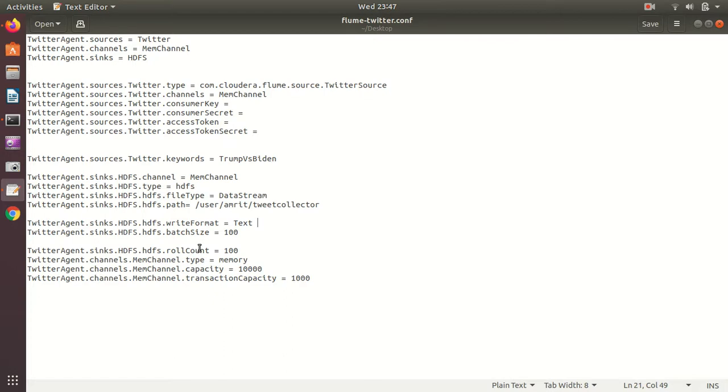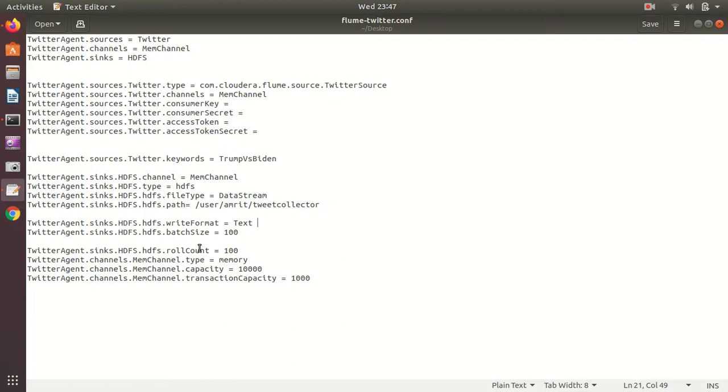Then we have the roll count parameter. Guys, what is roll count? Roll count means how many events should be written to one file. The rate at which data will be coming from Twitter will be quite high. As we all know, one of the properties of big data is velocity. So this velocity property will be justified here.